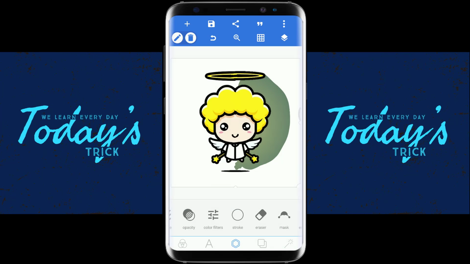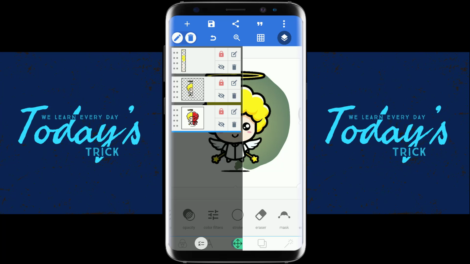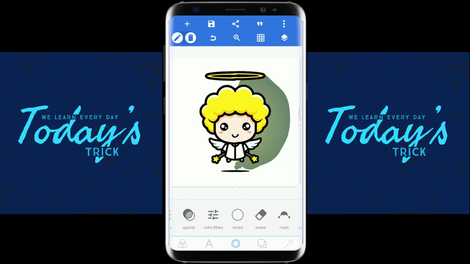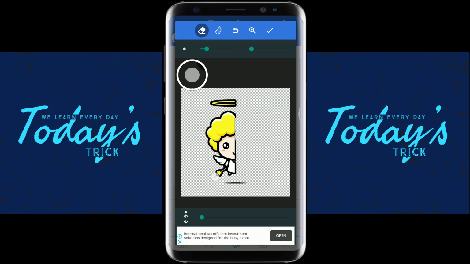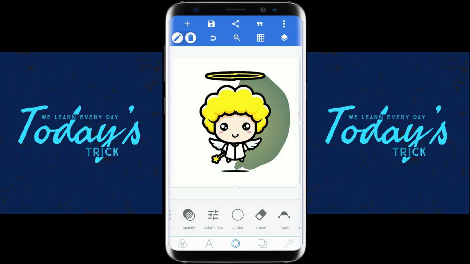Done. We have to remove that stuff. Select which one? Yeah, this one. This layer is the thing which we are getting. Okay. I need to remove that stuff. Okay, done. That will do.